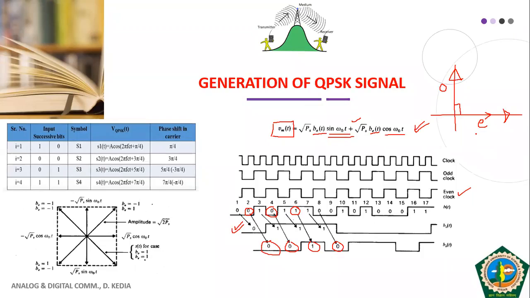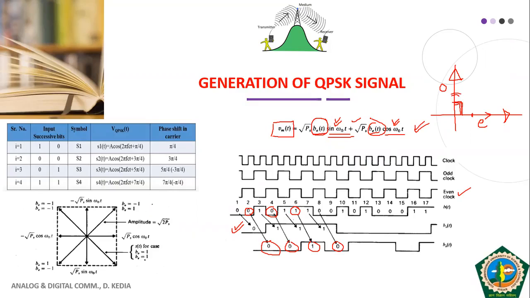Because sine and cosine are in phase quadrature, they will not mix with each other in the channel. They will go perpendicular to each other in the channel. They cannot mix. There will be no projection of this phasor onto the other carrier, or the other way around. So in QPSK, by the use of quadrature carriers, we are able to transmit two bits simultaneously.